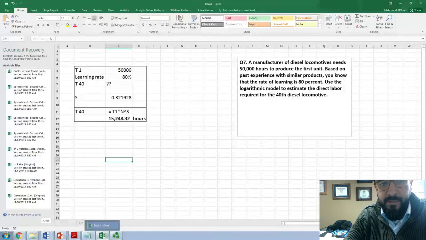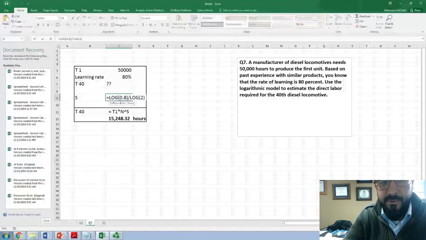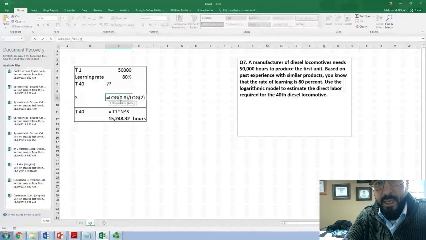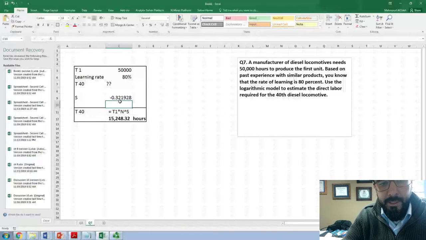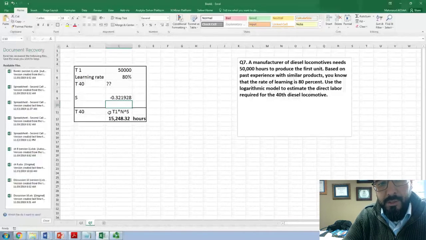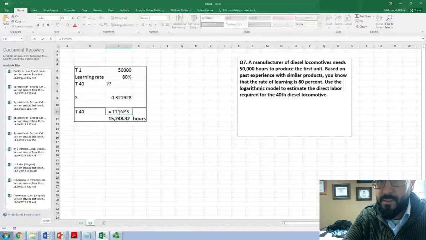S, and the variable S basically would be the natural log of the learning curve of 80% divided by the natural log of 2. That would give you negative 0.3219. And now we could apply the learning curve equation by multiplying the time needed for the first unit times